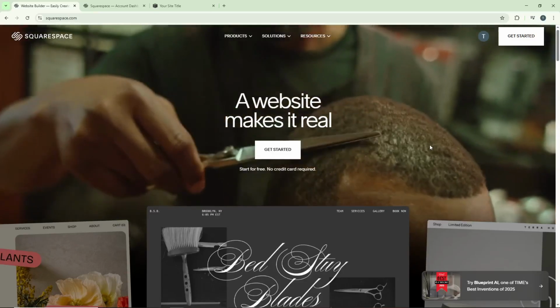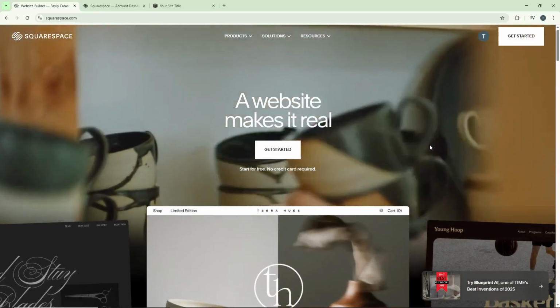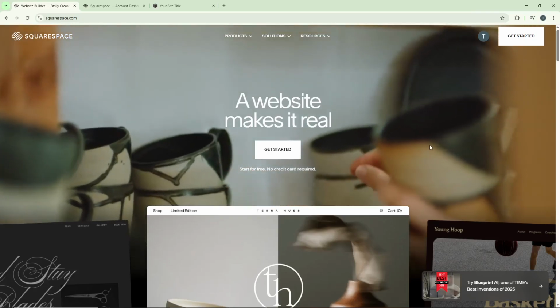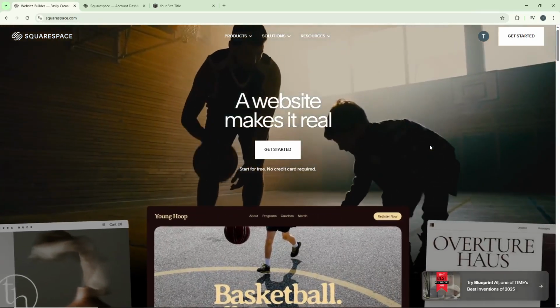Welcome back, everybody. Today, I'm going to teach you how to make a section smaller on Squarespace. This is a really useful skill when you want to tighten up your page layout or create more visual balance